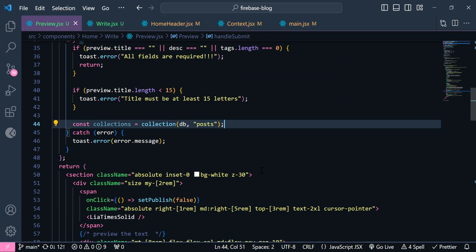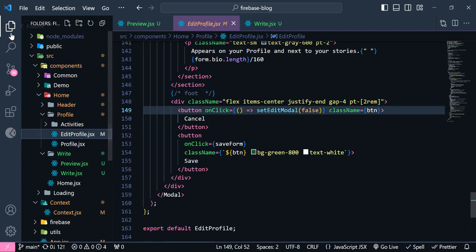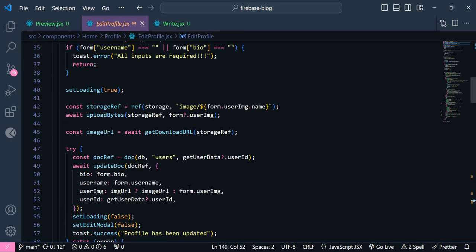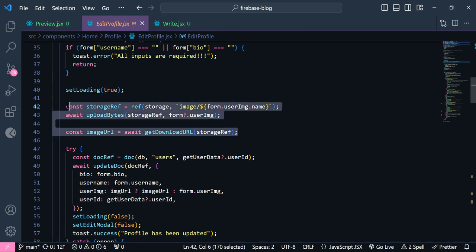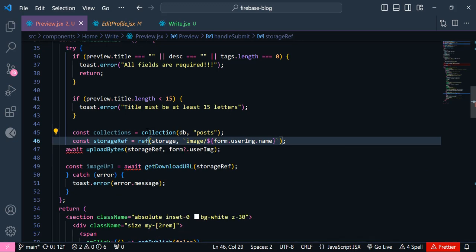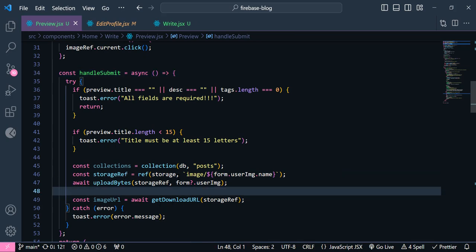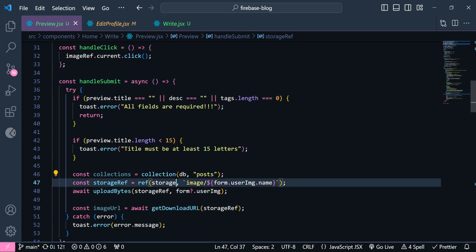Now similar to the profile page we need to upload the image, so I don't want to waste time. I'm going to open that component again inside this profile, the edit profile. If you remember, in here we have uploaded our image, so this one. So I'm going to copy them from here and just paste it here. Now we need to import this ref. Of course this function should be an asynchronous function, and also we need to have this storage from the firebase file, and the name should be